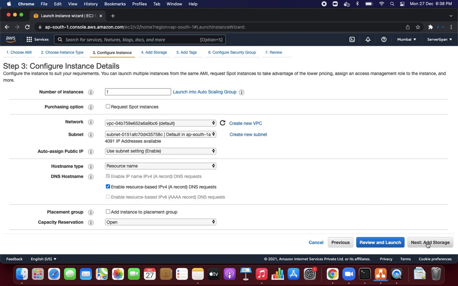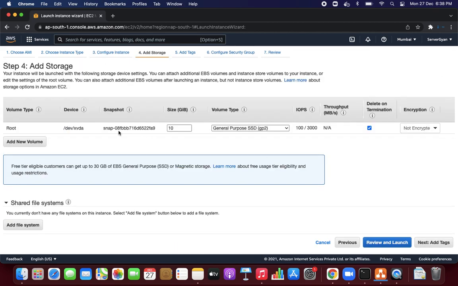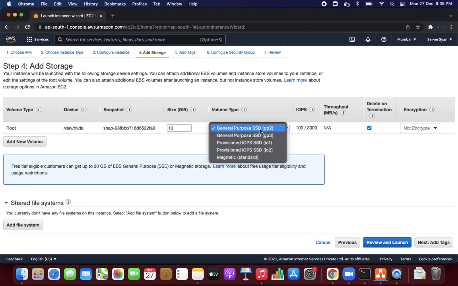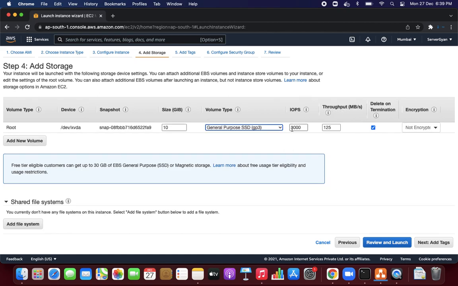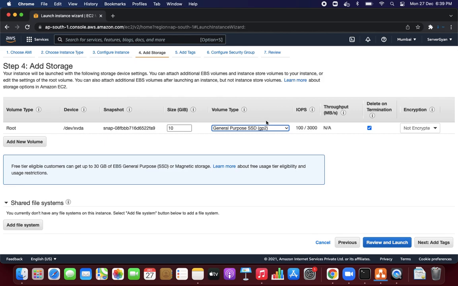Then after, we are going to have storage here. By default, the machine which we have selected will include at least 10 GB of storage. Yes guys, one more thing I would like to add here that is very important. If you are willing to have a cheaper and better storage type, general purpose SSD, that is GP3 type, this is much more reliable, because it is going to provide you high IOPS and throughput, wherein the cost is less than GP2.